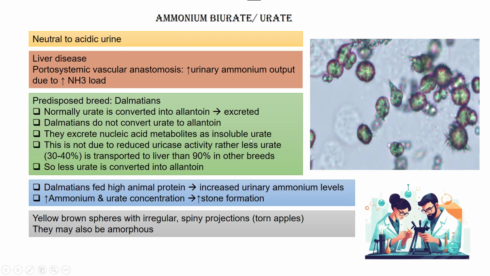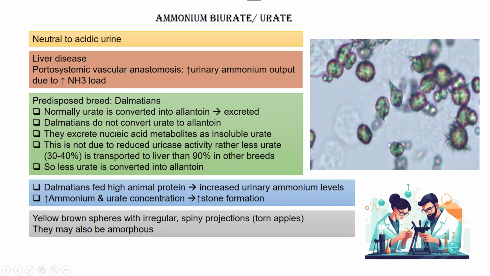So, in Dalmatians, the process stops over here. The nucleic acid metabolite is converted into urate, but urate is not converted into allantoin and excreted. And you should know that urate is an insoluble compound. So, what will happen? It will precipitate in the urine to form ammonium urate crystals,